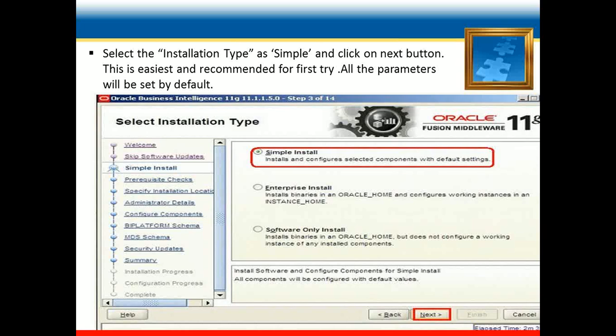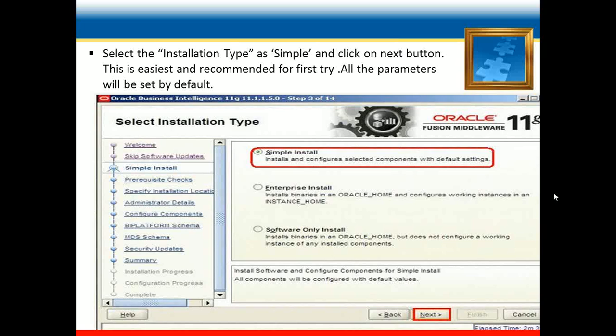And here we can scale out our existing instance on the new computer, or add by extending the domain. And with software only install, it will install only the software, but not a WebLogic server. You need to have this already installed, but this sets up no instances of OBIEE. It is a similar situation to when you install Oracle database binaries but don't configure the database instances.